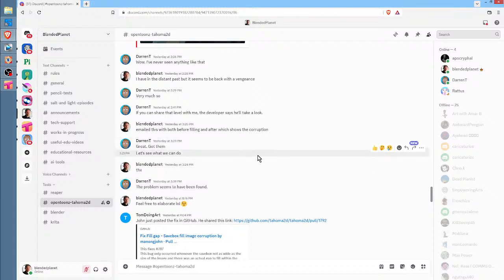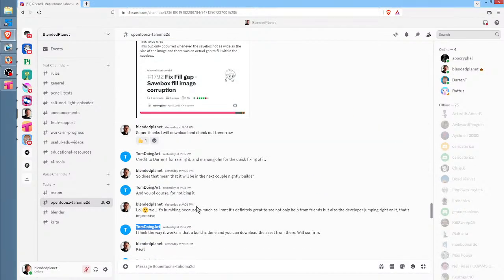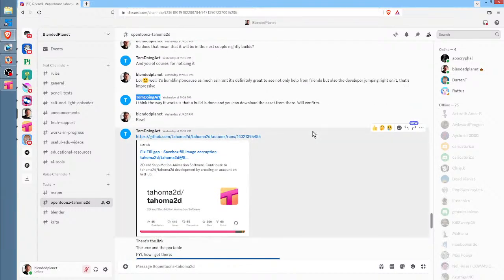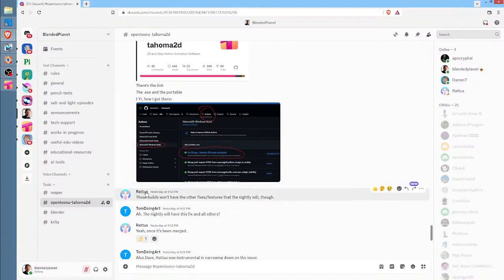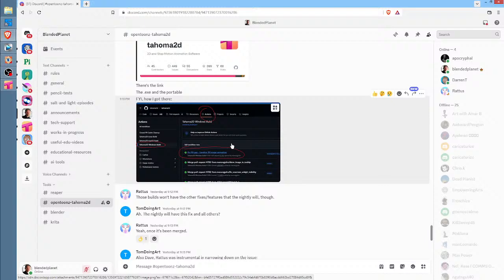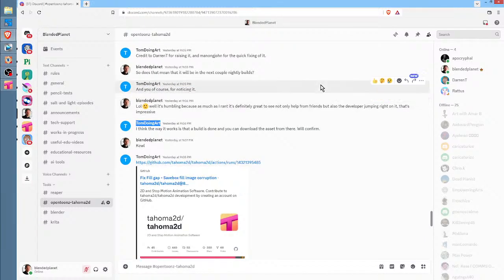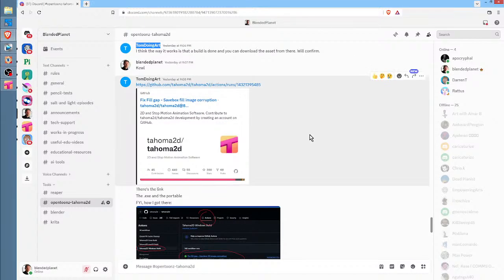Darren expressed some curiosity about the issue. And apparently, I don't know this person, Radis? Yes, Radis. But Radis also apparently, according to Tom, played a role in pinning down what the issue was. So there's a problem with the fill tool. And not only did they jump all over it and apparently get some results, fixing the bug, but also the domain developer, Manung John, I think is what he's called. So those four people all deserve a lot of credit